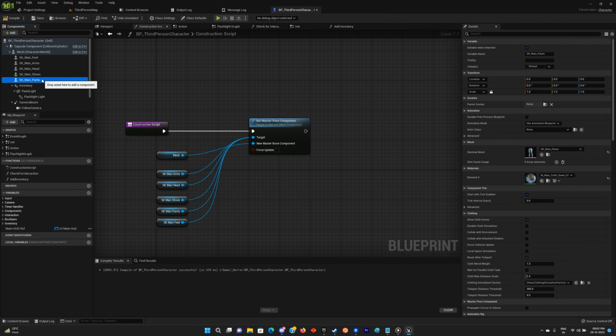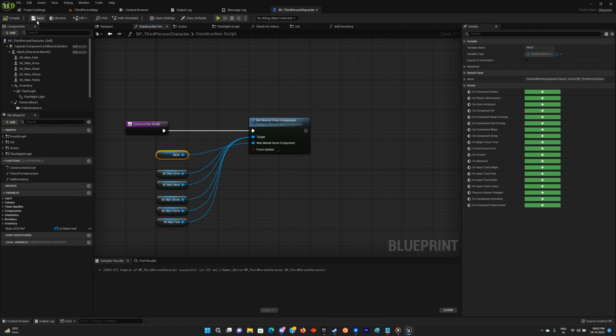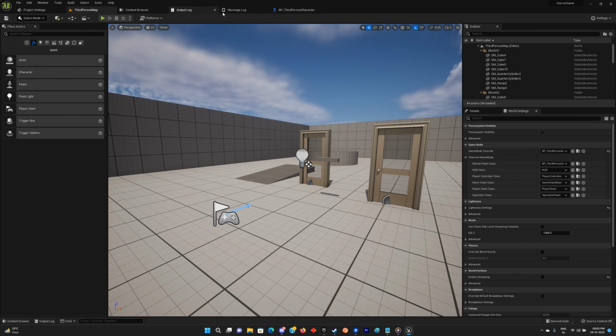So this basically saves you the time of actually selecting the animation for all of these to the same one. So let's say you have 10 different parts of the body, and then you would have to manually set all the animations for each part, right? But now with the help of this function, you can just save your time and make sure all of these modular parts follow the actual mesh. Okay, and with this done,